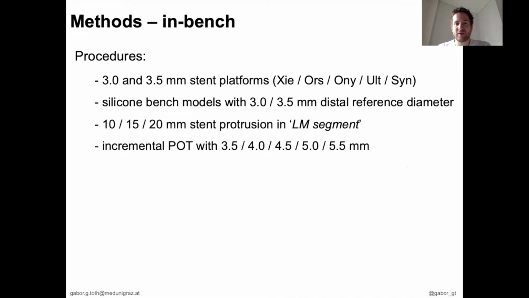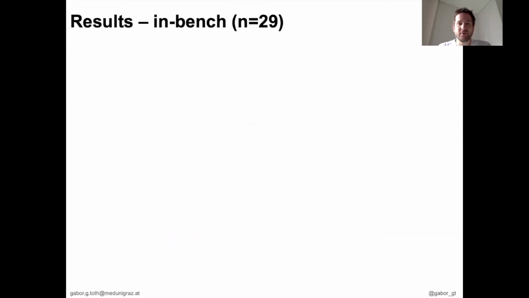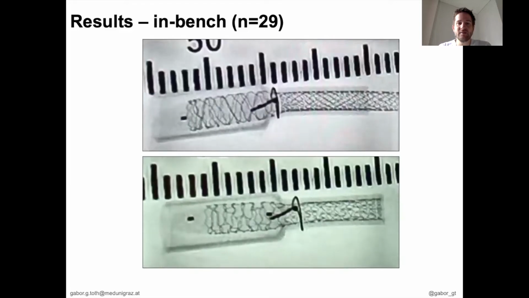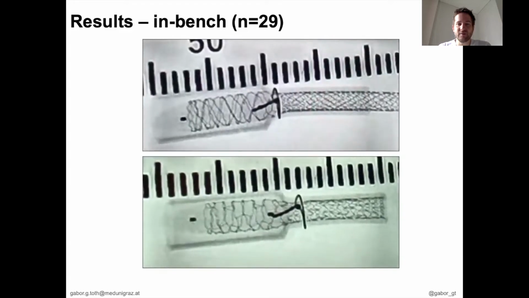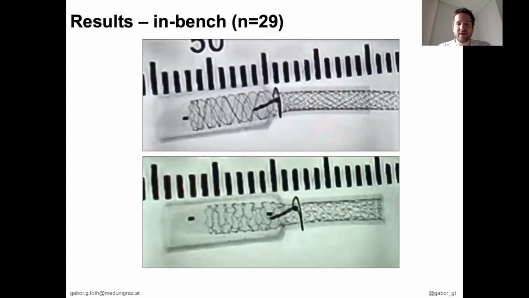POT and overexpansion scenarios. OCT analysis was performed after each step to measure stent length in the proximal, in the distal main branch segment, and total stent length as well. Primary endpoint of our analysis was the OCT-defined stent length as compared to its nominal value. In total, we performed 29 bench cases, and to our greatest surprise, overexpansion, so POT, led to lengthening of the